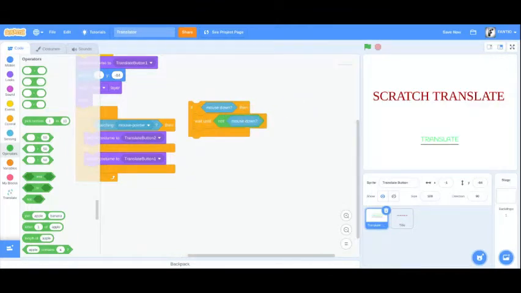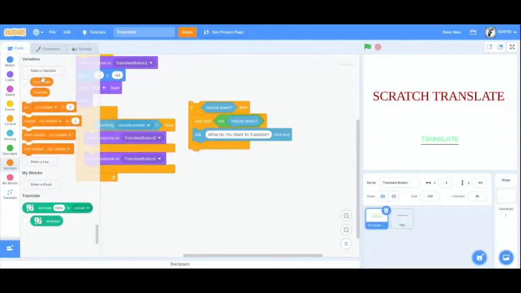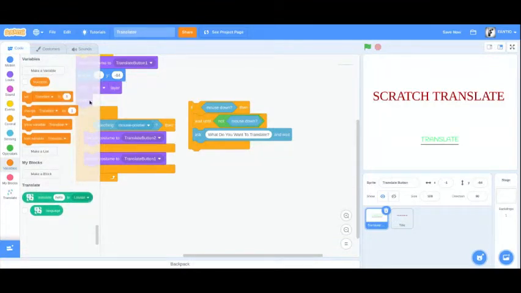Now you need to do ask, what do you want to translate, and put a question mark, and now make a variable called translate and make sure it's for all sprites,